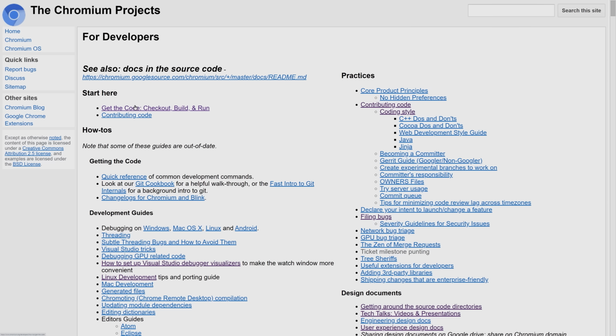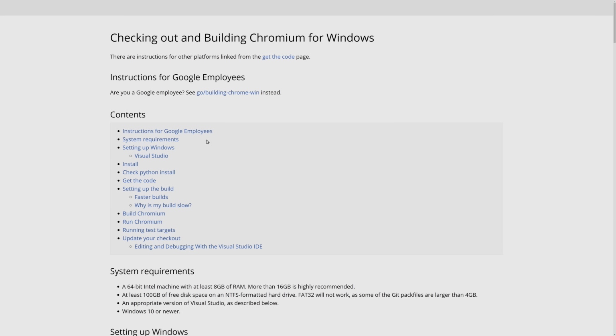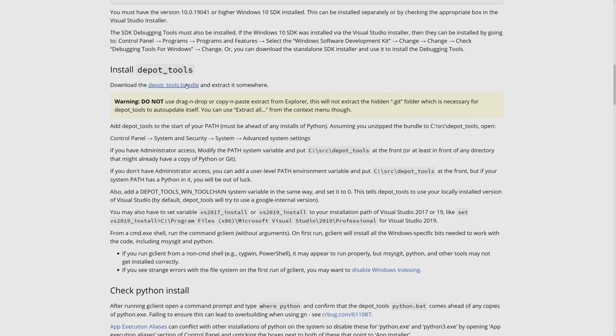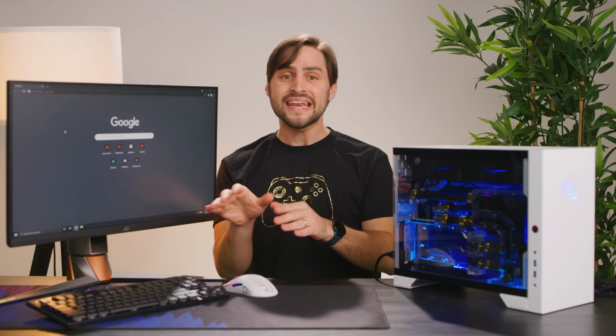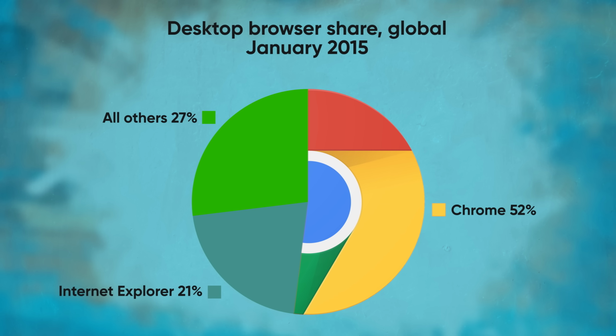In fact, Chrome's source code was made open source very early on as part of their Chromium project, which made it easier for developers to understand how the browser worked and how to write web apps that would work well with it. The combination of Chrome both being more stable and having better support for a quickly evolving web, not to mention having the Google brand name behind it and its support for useful browser extensions rather than janky toolbars, meant it quickly gained a following. The browser hit 10% adoption in mid-2010, but by early 2015, it had more desktop users than all the other